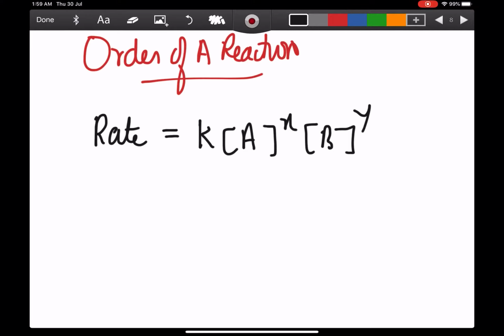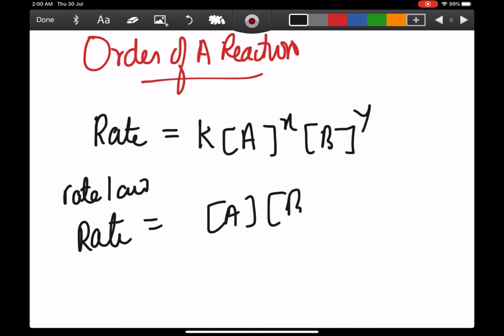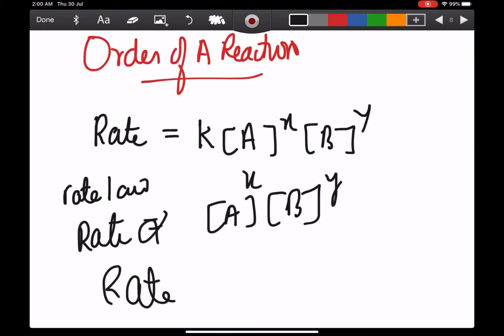So this equation states that the rate of the reaction is equal to the rate constant times the concentration of two reactants A and B raised to the power of x and y. To sum it up, the rate law always tells you that the rate of a reaction is directly proportional to the concentrations of the reactants. Suppose there are two reactants and these concentrations are raised to some power which we call x and y, and these powers may or may not be the stoichiometric coefficients of the reactant. To remove the proportionality we have a constant which we call the rate constant. So this becomes k, the rate constant, times A to the x, B to the y.